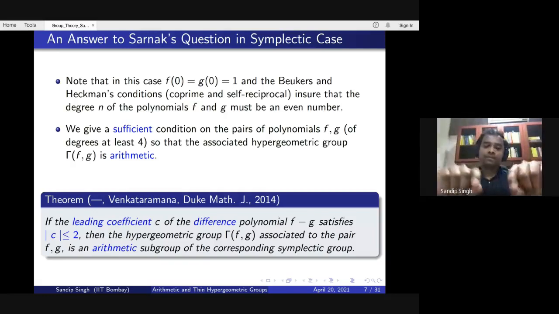And in the general case, when n is bigger than 4, we have used the theorem of Venkataramana, which is, I think, from his 88 or 89 paper in the Journal of Algebra. It basically means that if n is bigger than 4, then we showed that gamma fg contains elements corresponding to the highest and second highest roots.